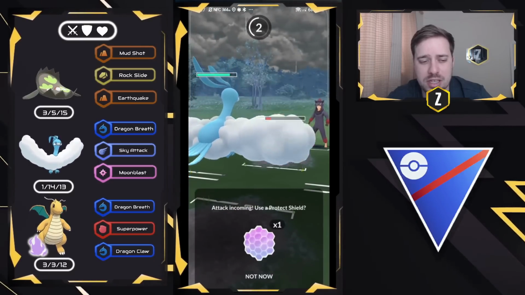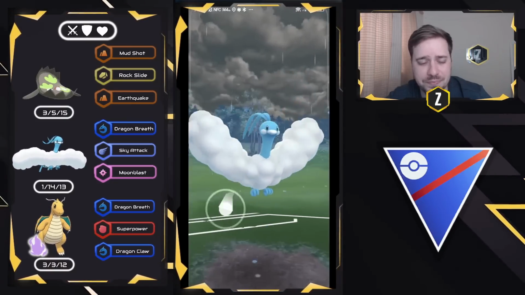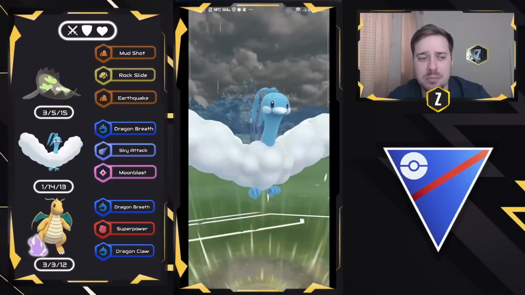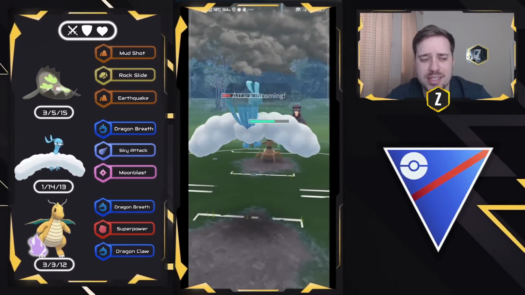So I can safely let this one go through because I don't know what's in the back. It's not going to KO me, but let's see what it's going to be. It's going to be a Trevenant. Okay, so the same combination we saw before with Medicham and Trevenant, but in this case the Trevenant does have a shield, and I will be able to win the race, which is why I saved a shield